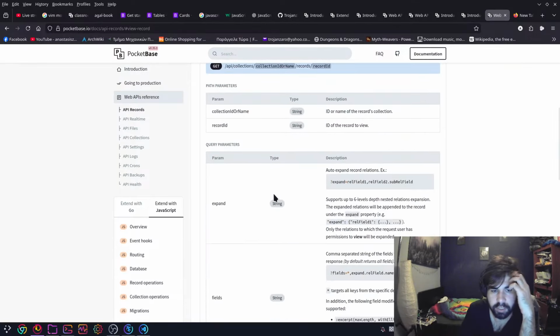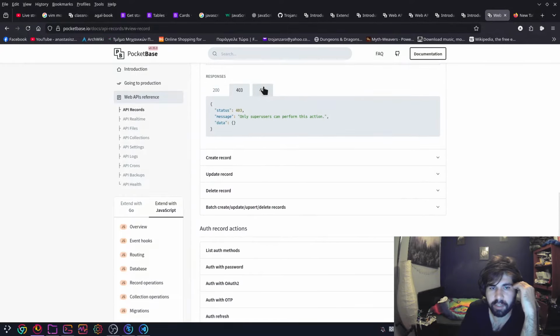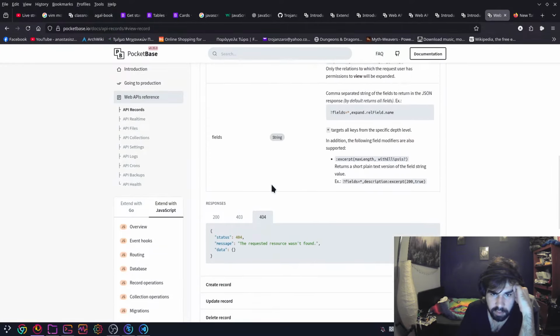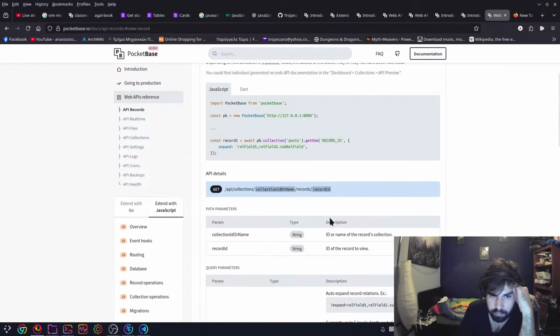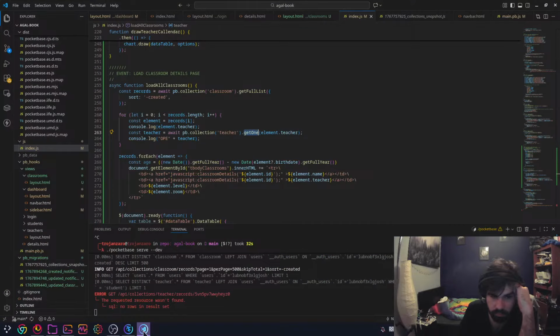It can be restricted, yeah, but just like the rest of them, you do show this one. Recursive wasn't found. The requested resource wasn't found.